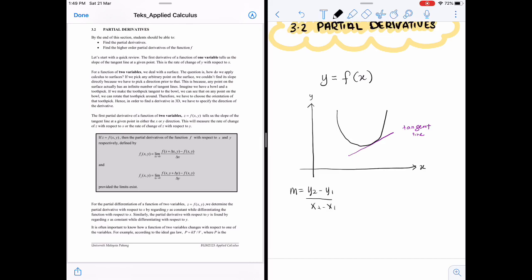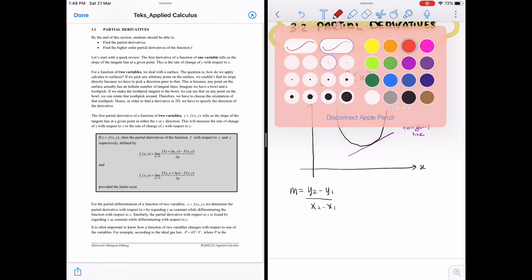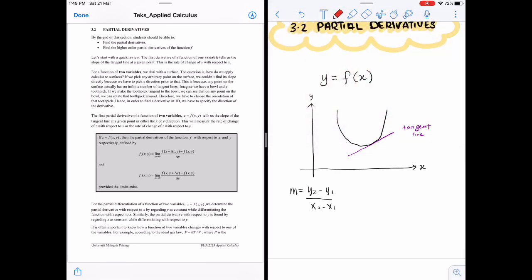So we will use this formula to find the gradient of this tangent line. Let's say we take 2 points on the tangent line, here and here, where the first point is x and f(x),